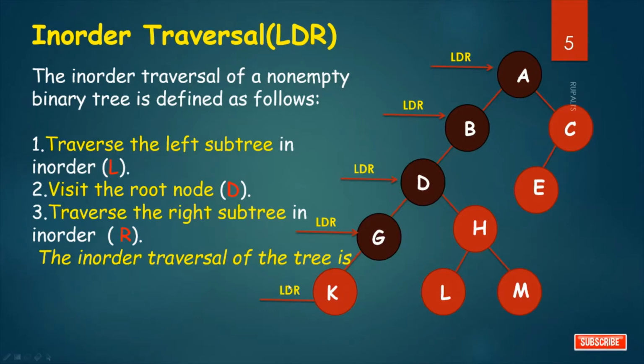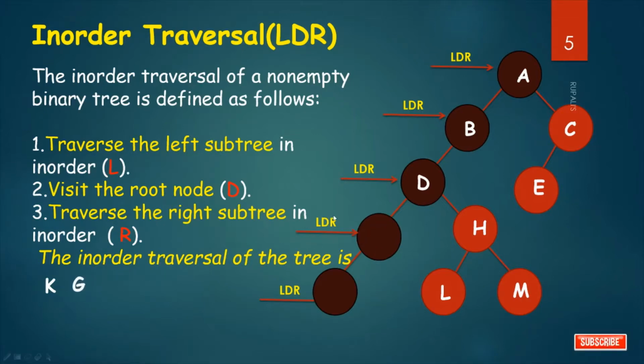So you have to follow the second instruction, that is D. D is visit the root node and print the node. So you print K. Now you have to follow the third instruction, that is R. Visit the right child, but no right child is there. Now from where was it called? It was called from the parent node. L is already completed. So the second instruction is D. D is print the node. So print G.